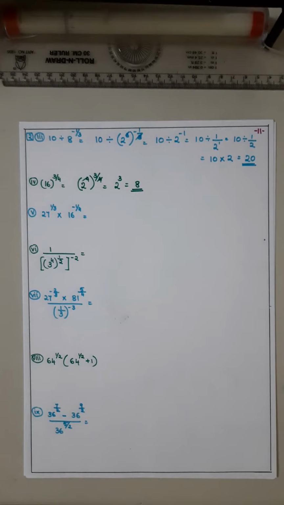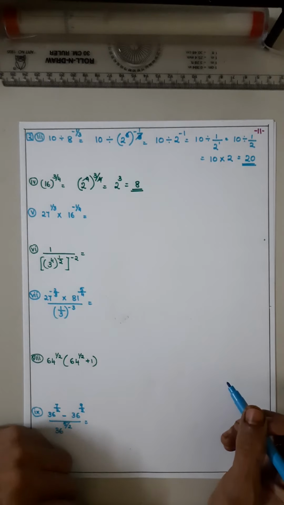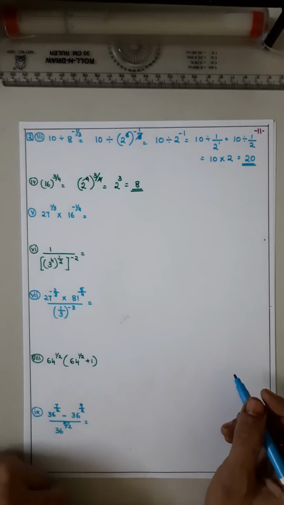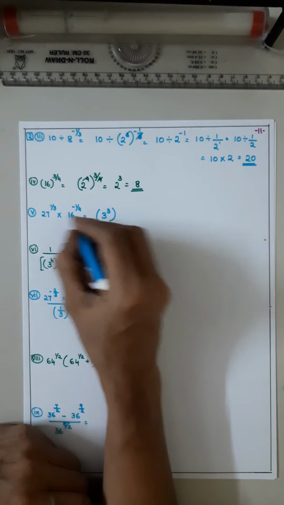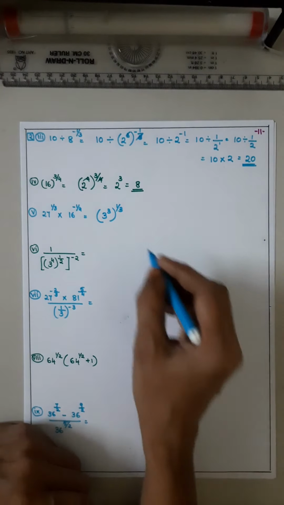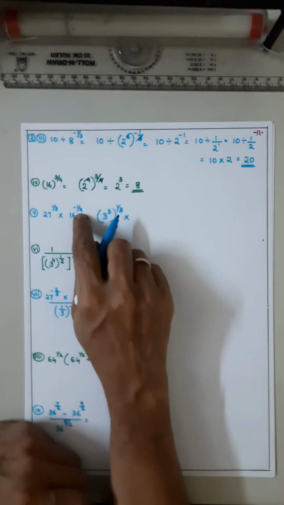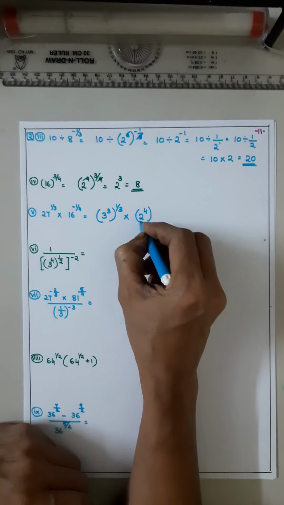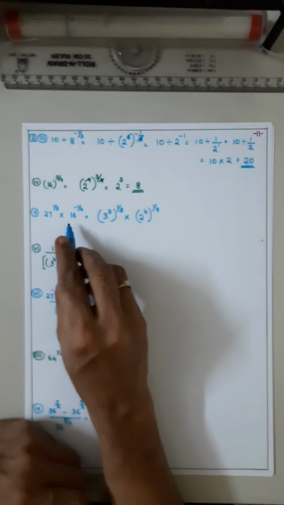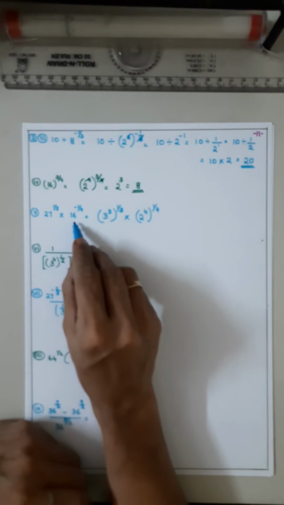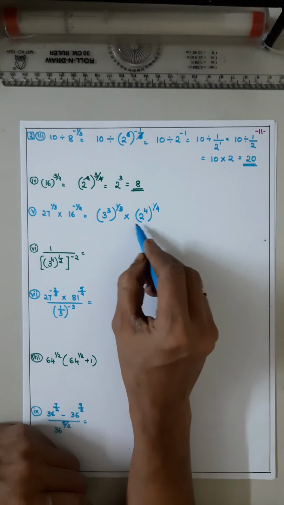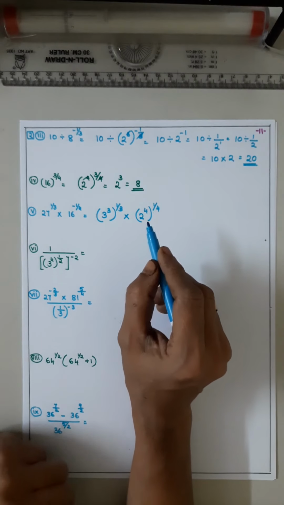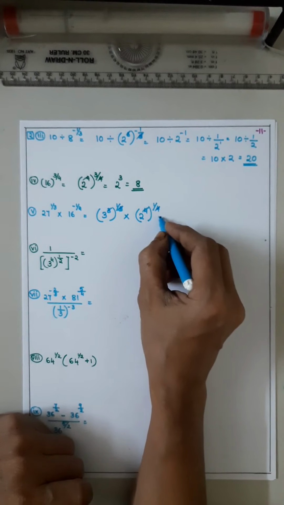Now coming to the fifth sum, it is 27 to the power 1 by 3 into 16 to the power minus 1 by 4. Okay, 27 can be written as 3 cube, isn't it? The whole power 1 by 3, into 16 which is 2 to the power 4, and outside is minus 1 by 4. Why are we doing it like this? We could write 4 squared, but then the power 4 with denominator 4 would not cancel exactly. So for this, 2 to the power 4 and power 1 by 4. Now this is getting cancelled.